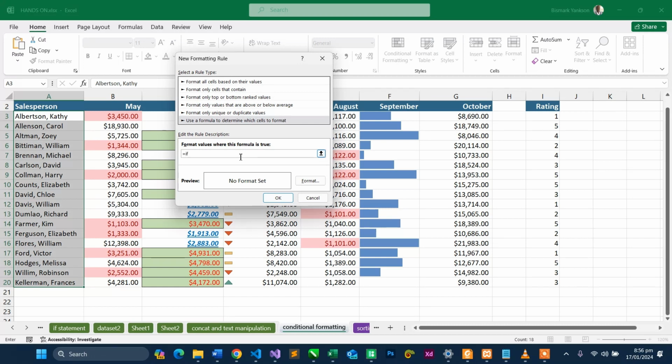I want to say that if this equals if. Always remember that you are working with functions. If this value, right, this time around, you see what is happening, I'm actually selecting just one, but we are not going to work with that one. So we are saying that if this is greater than, the lowest value is 10,000, okay, there's 8,000 there. So let me use 15,000. If it is greater than 15,000,